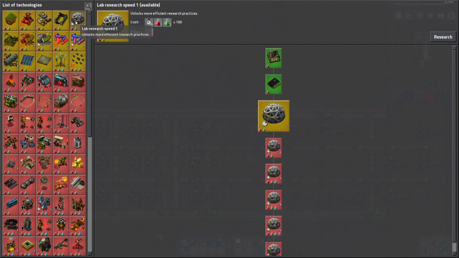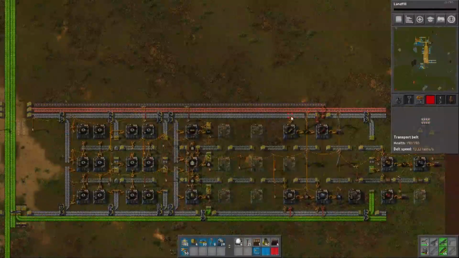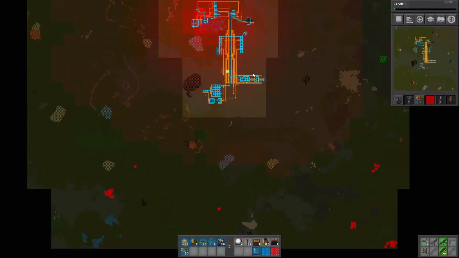And order of operations here, lab research 1, is cheaper to do, and will also make everything after it much faster. Let's just burn through landfill. Landfill is used to get rid of water, which is chiefly...